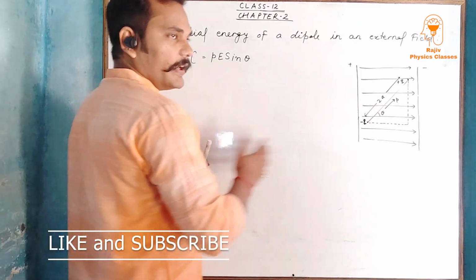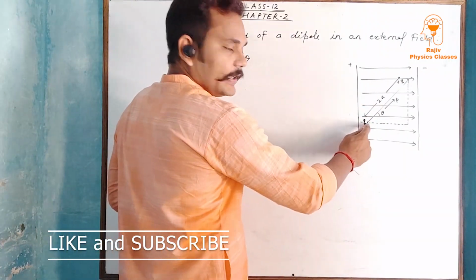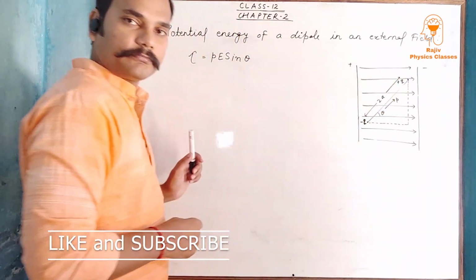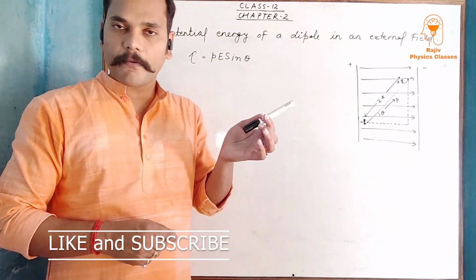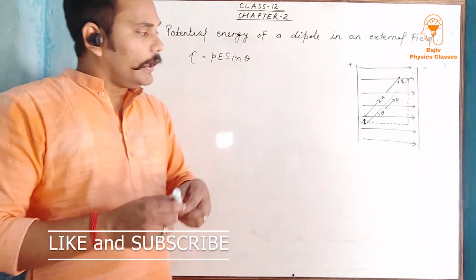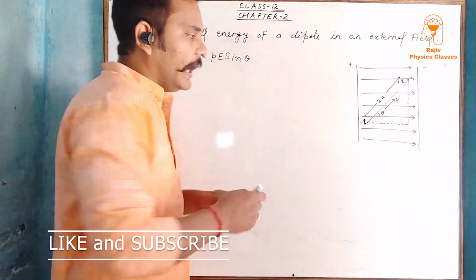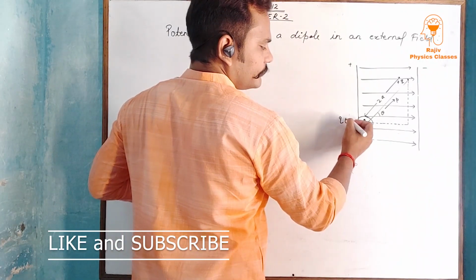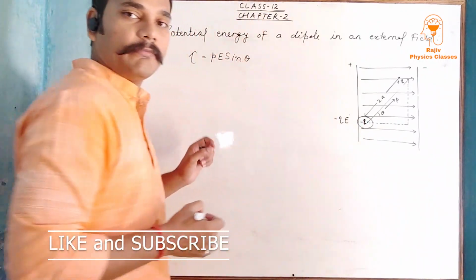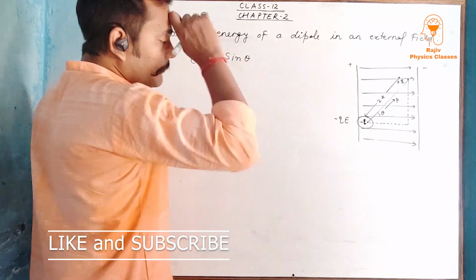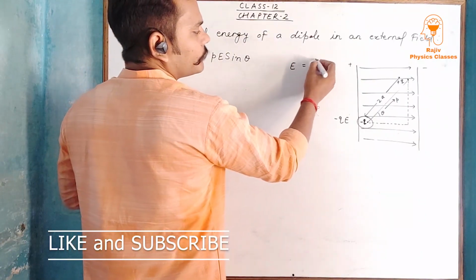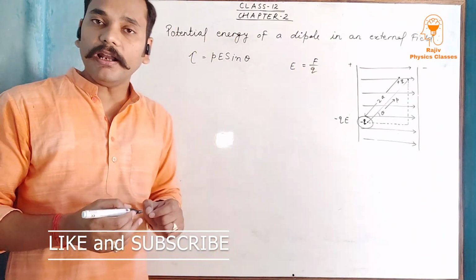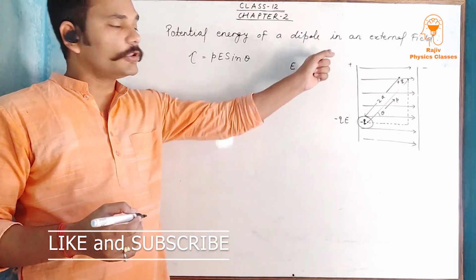You look at the figure here. If here at this end we have charge minus q and at this end we have charge plus q, at an angle theta, it means due to this electric field at this end there will be a force F equal to qE. Because of minus charge it will be minus qE. Remember that formula of electric field, E is equal to force per unit charge. Remember, no? I have taught you the definition of electric field.